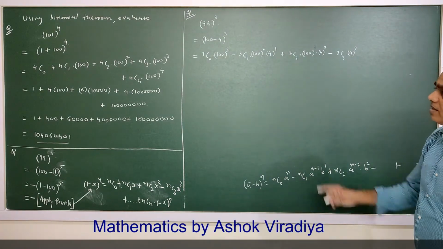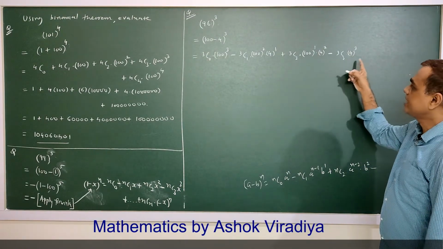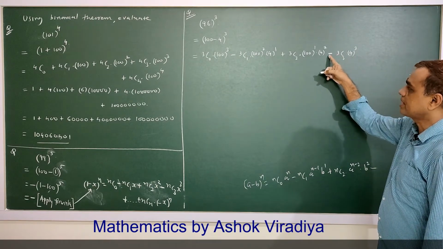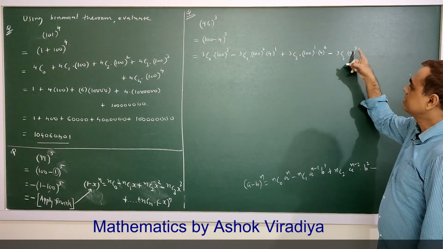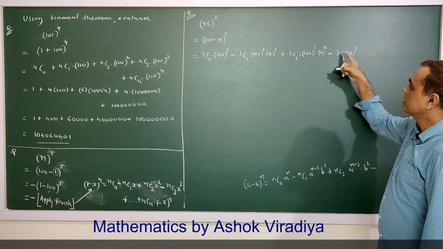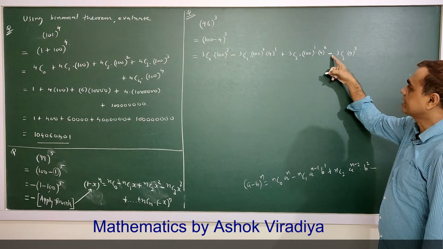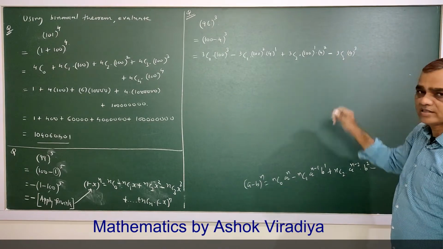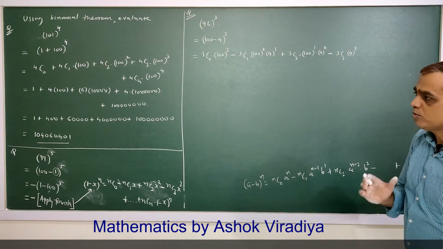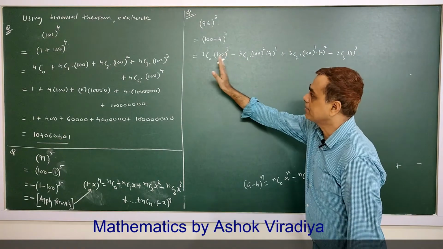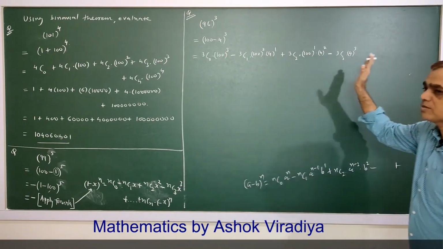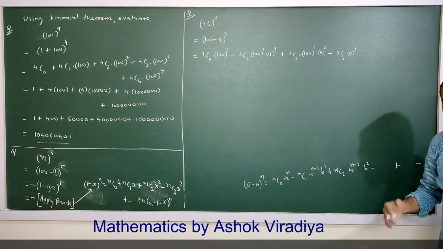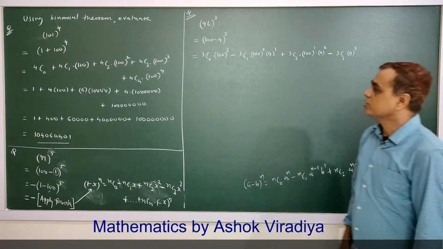So see, it will end at a proper sign. If n is odd, you will automatically have a minus sign. If n is even, you will have a plus sign. So you continue by alternate signs, plus minus, plus minus. Automatically it ends with the proper sign. So it is equal to